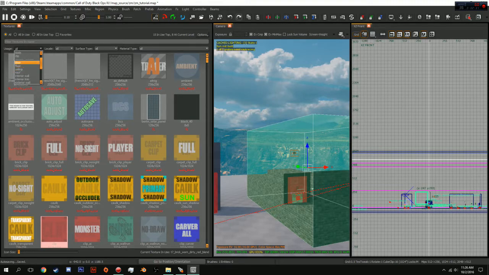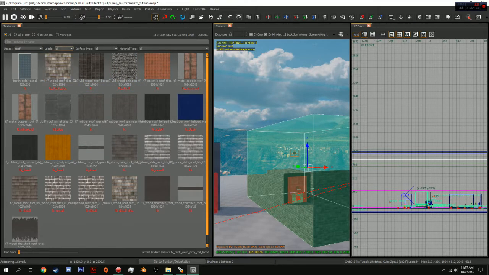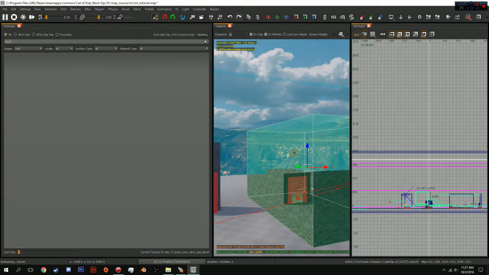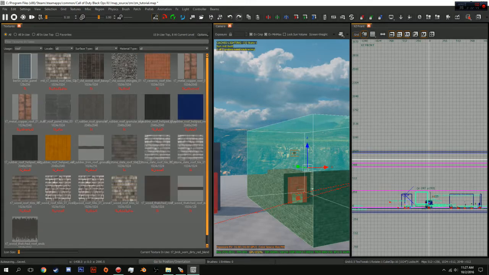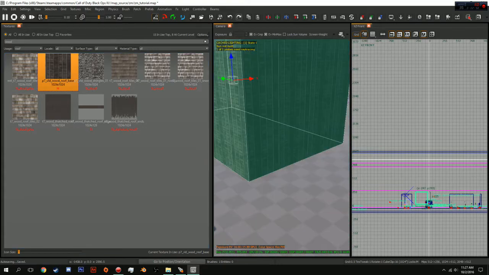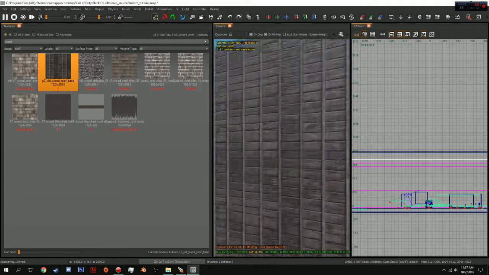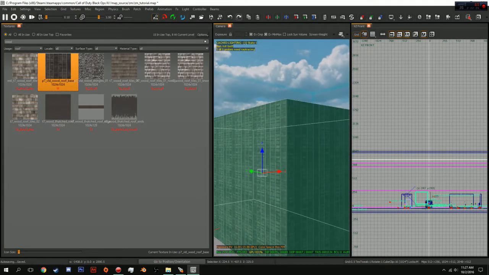So what we're going to do is probably make a roof texture, and it'll show all the available roof textures. And because we're in roof, if we type in brick, it's not going to show us any brick because we're in the roof section. You'd have to go all the way back up to all. So let's type in wood because there's a wooden ceiling. It'll show us all the wooden ceilings. Now I just double click this. Hey, that's from World at War. Okay, sorry. Just had a little memory flashback. And see, we now have our texture nicely applied